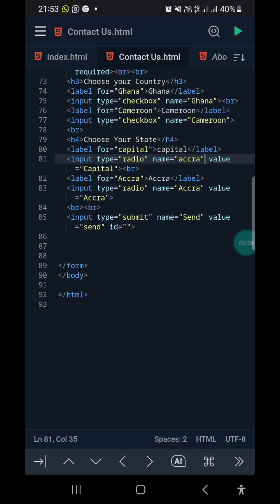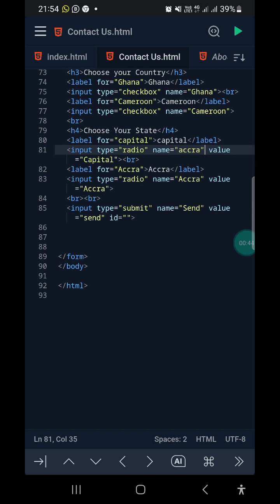In this video we're going to continue our form fill. After the form fill, we're going to learn how to input a date. We have learned how to input a radio button and also how to input a checkbox, but we're still going to learn more about how we can input a radio button and how we can input a drop down using HTML. Without wasting much of our time, because I'm going to make it as short as possible, so for us to be able to